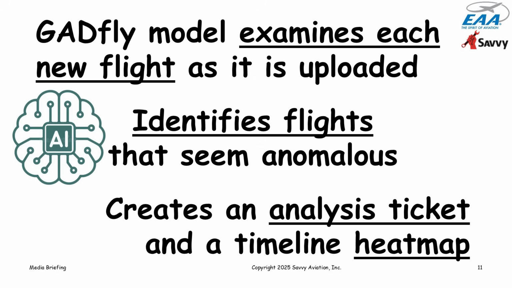It automatically creates a ticket in our ticket system so that it will wind up being in the inbox of the analysis team. And it generates a timeline heat map of the kind that I just showed you, so that the analysts, when they do look at it, can tell what part of the flight the algorithm or the AI